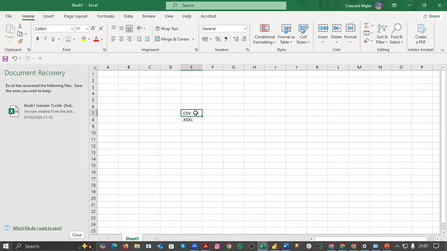Now, CSV. When you go to SQL, SQL is strictly CSV file. It does not accept Excel file. Before you load a file, you have to convert it to CSV. You have to download it as CSV file before loading it,